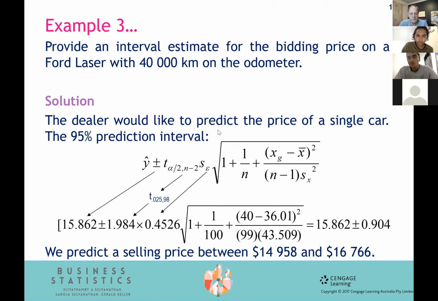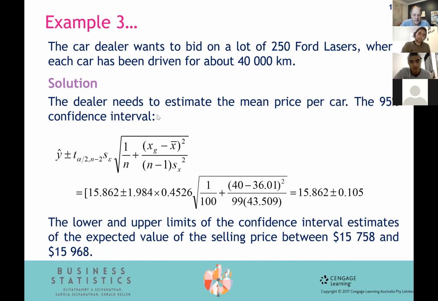Okay, then if you want to predict, sorry, slightly different, a number, not exactly the same, but we're in the 14,000 and the 16,000 region. Trust me, that's how you've got to do the calculation. Then they work, if you want to predict a lot of 250, you need to adjust the formula